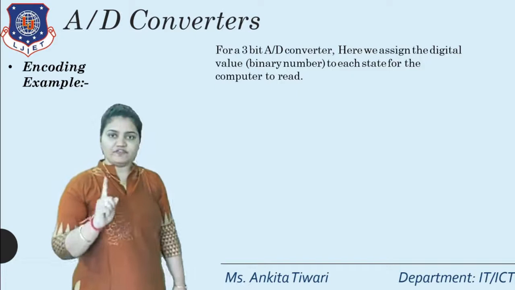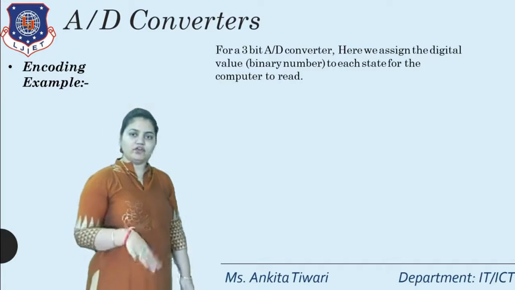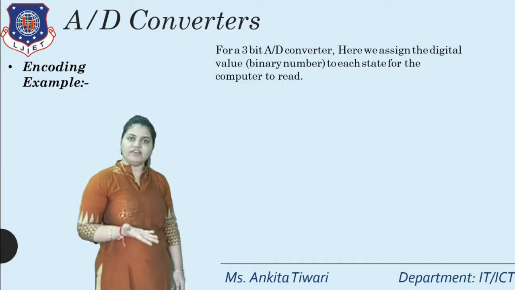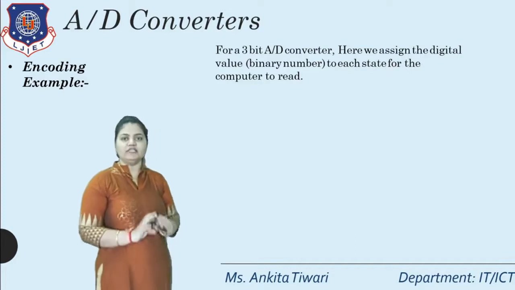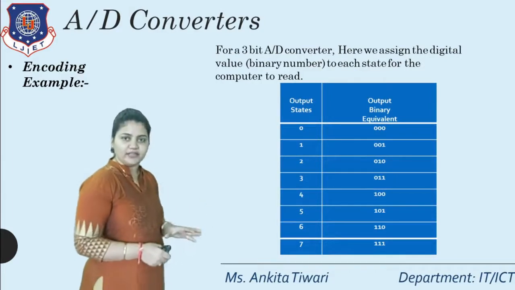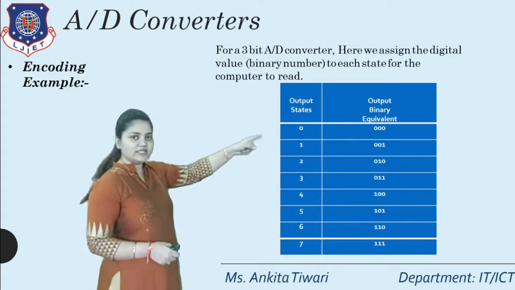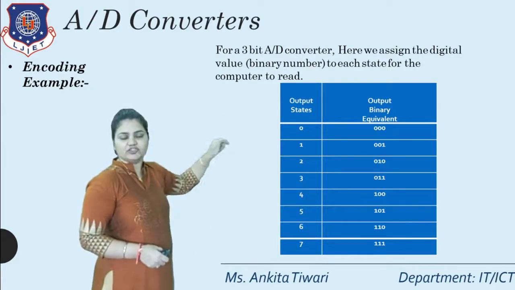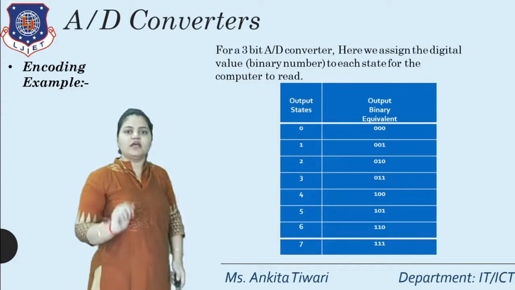So for 3-bit, the first value will be 000, second value will be 001, third value will be 010, fourth value will be 011. So these are the different combinations we get if we take the 3-bit value, and with respect to this 3-bit combination, we will get directly the combination, and that we will put in encoding. So here the table we will get, we do not have to calculate anything. The sequence of 3-bit will be our encoding signals. So here, as you can see, output signal state, that is 10. Its encoding binary output will be 000. Meaning that we do not have to group it. We will just directly get the value. This is what encoding is.